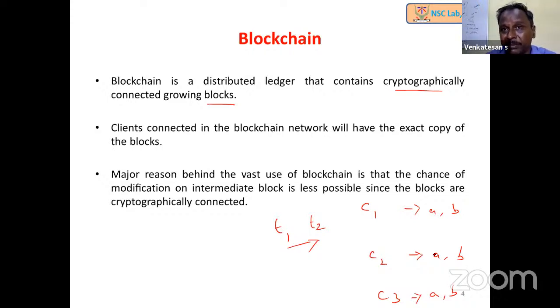The reason is, for example, Bitcoin uses proof of work. If I have more than 51% of the computational power in the whole network, then it is possible for me to modify the chain. So in that case, yes, it is possible to modify. But having that 51% of computational power is very, very hard. It's like one person, or a set of persons, against the rest of the world, so it will be very complex. And even if you start your own chain, it is not possible to replace the chain because the existing one has already grown very long.